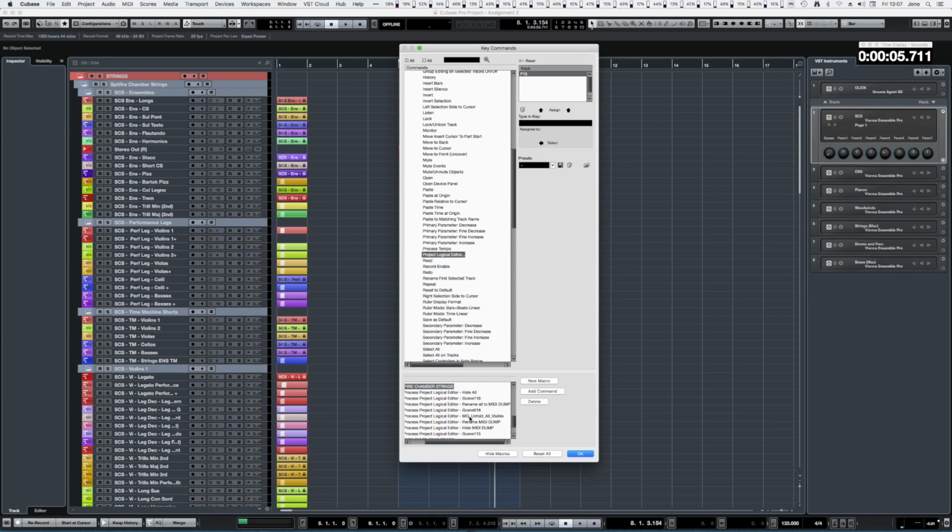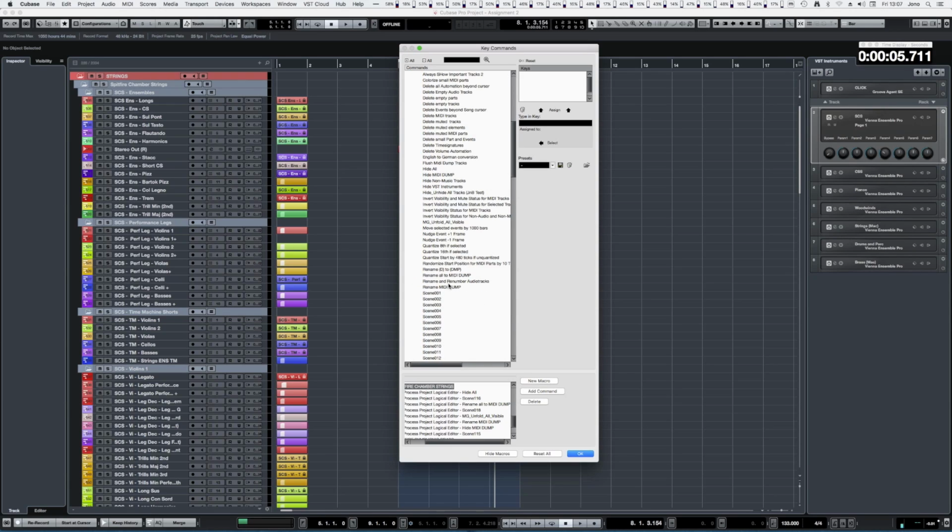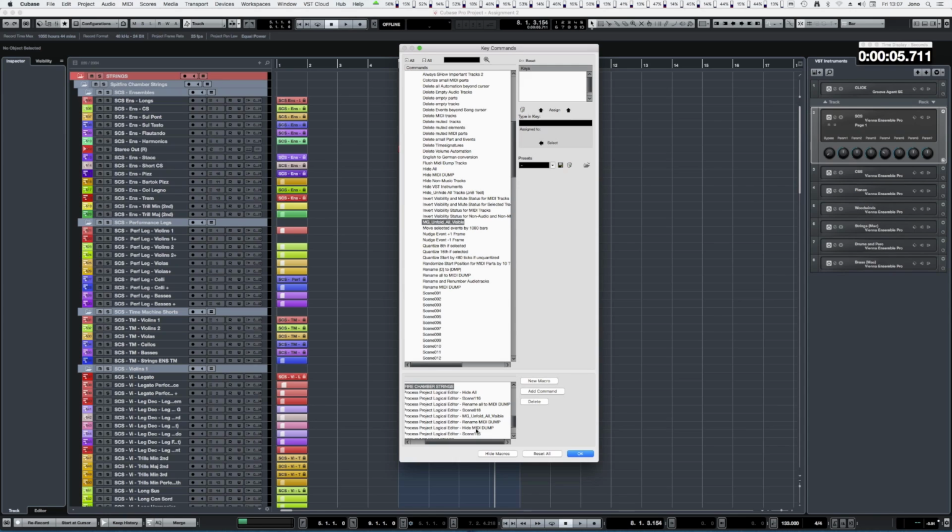and the next project logical editor command that we're putting in is MG unfold all visible. So go up here and find project logical editor, and then go to Metagrid unfold all visible, and then click add commands. And then that 18 will show Spitfire chamber strings, but that will make sure that all the folders open, or unfold, I should say. The next 2 steps are involving the dump thing again, so ignore them if you're not interested,